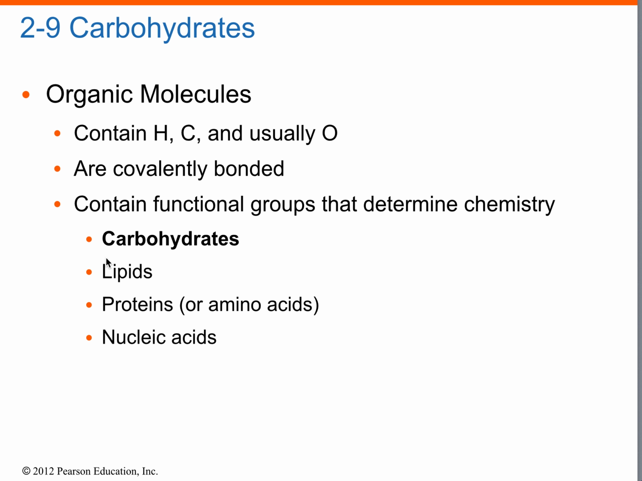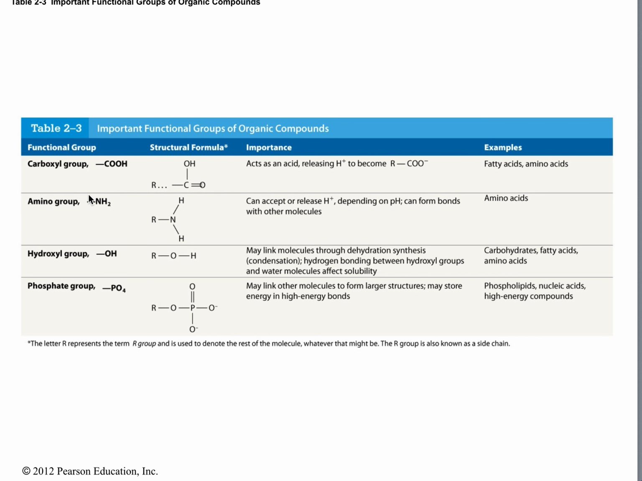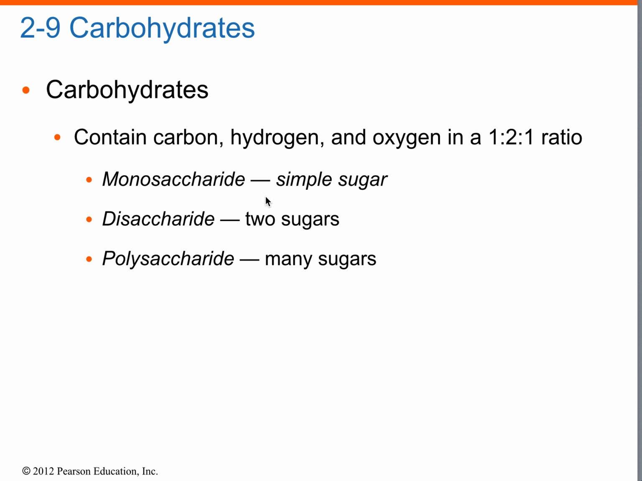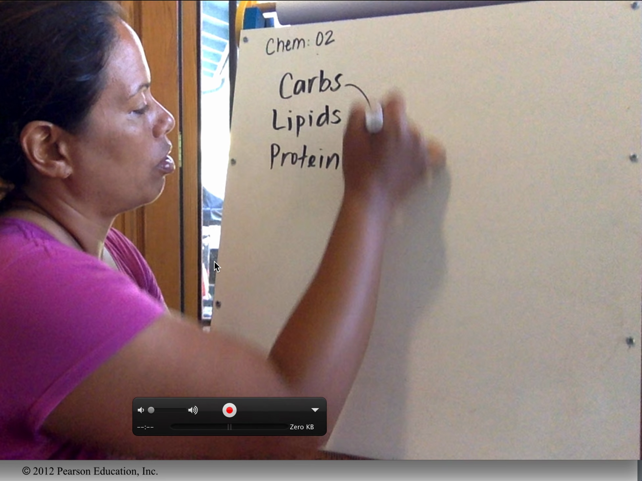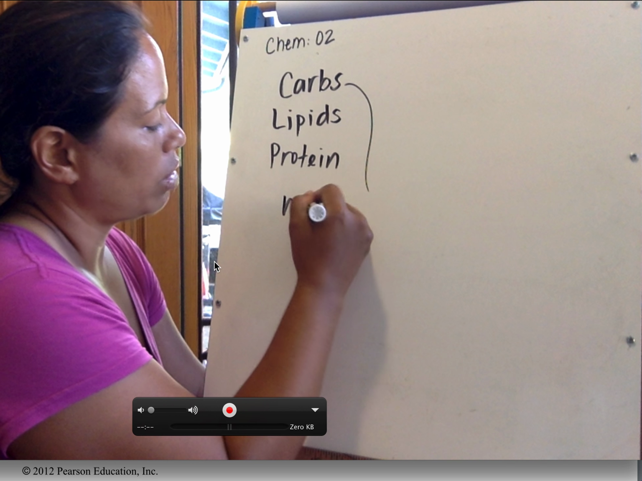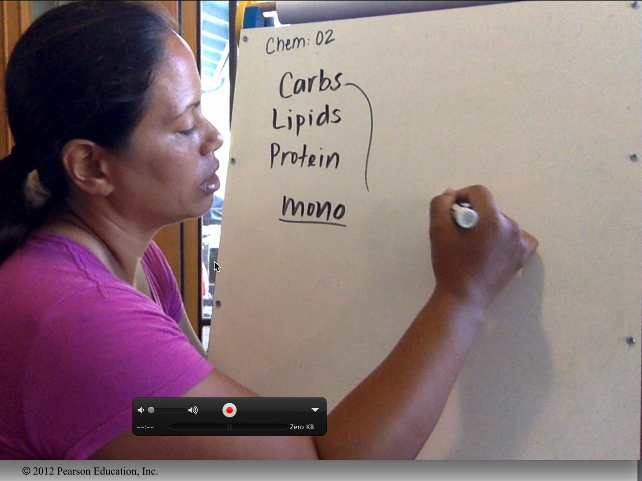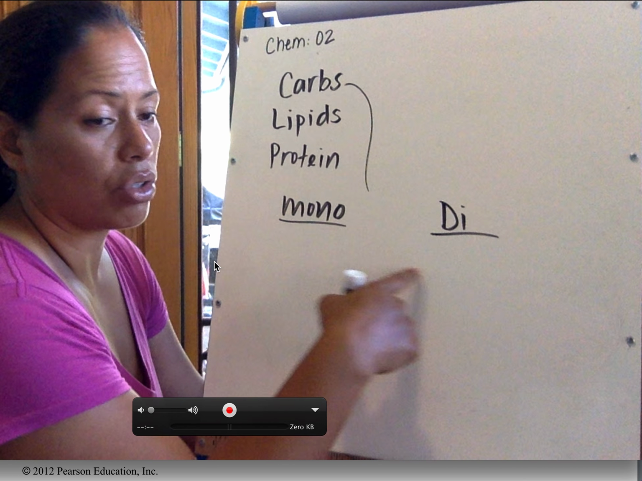Carbohydrates, right? These are your primary carbohydrates. They're simple sugars. Disaccharide means two. Poly means many sugars, and these all make up either your starches or your glucoses. But let's do monosaccharides, simple sugars. So carbohydrates, let's do monosaccharide on one side, and we'll do disaccharide on the other because you need to know